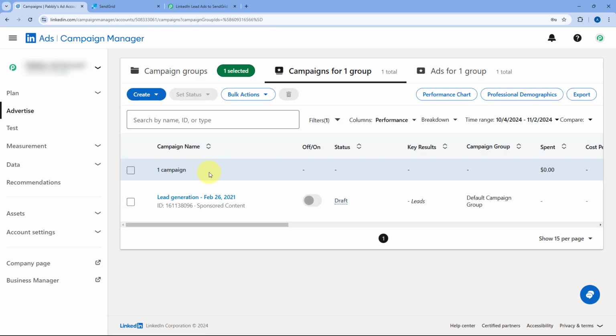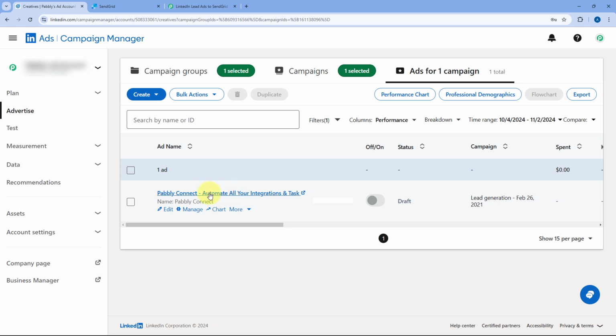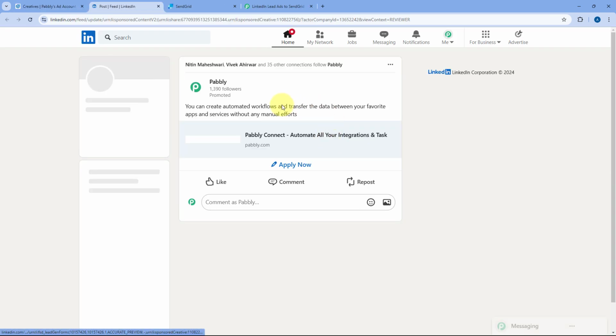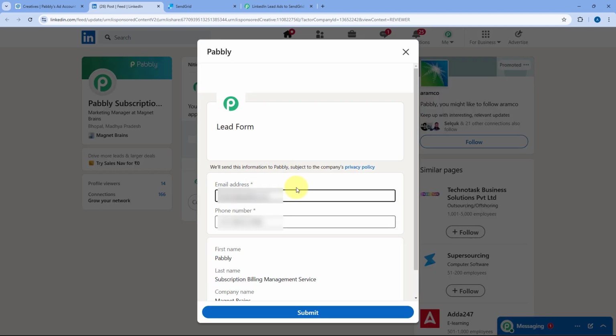In this campaign group, we also have this ad campaign over here. And in this ad campaign, we have added the lead gen form. Let me click over here, and in a new tab, you can see the same ad will open up. And here in the same ad, if I click on the apply now button, the same lead gen form will open